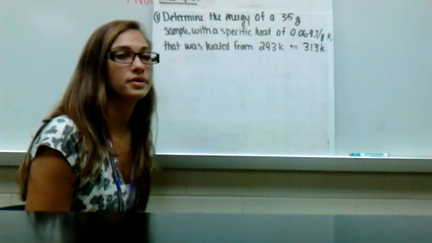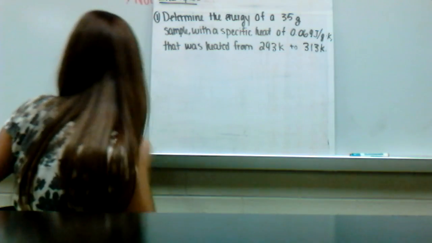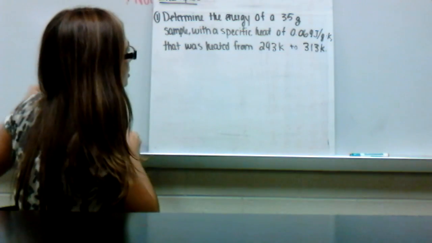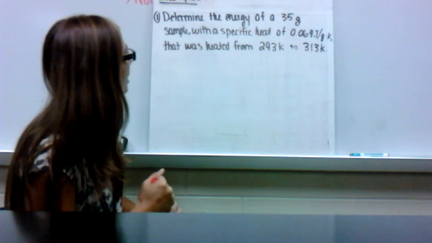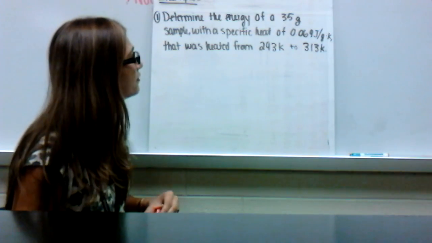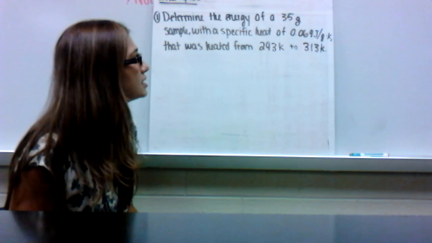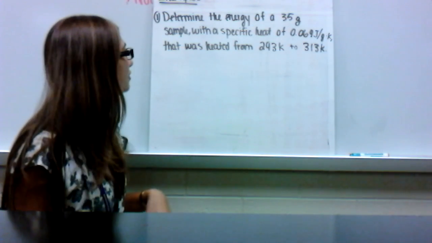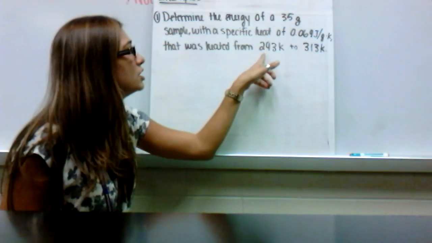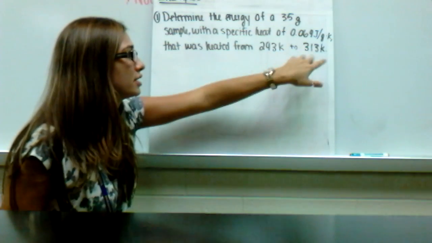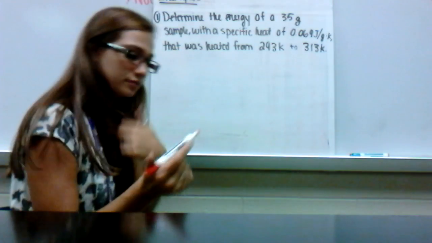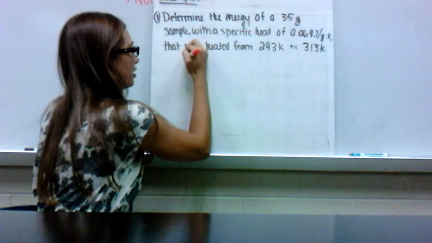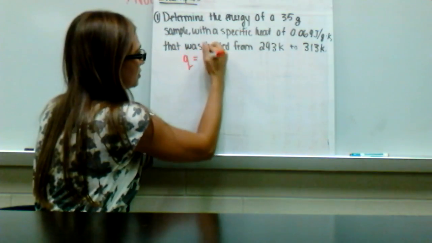Okay, so let's just do a few of these problems. Determine the energy of a 35-gram sample with a specific heat of 0.069 joules per gram Kelvin that was heated from 293 Kelvin to 313 Kelvin. First thing we're going to do here is write out our equation. So we have Q is equal to